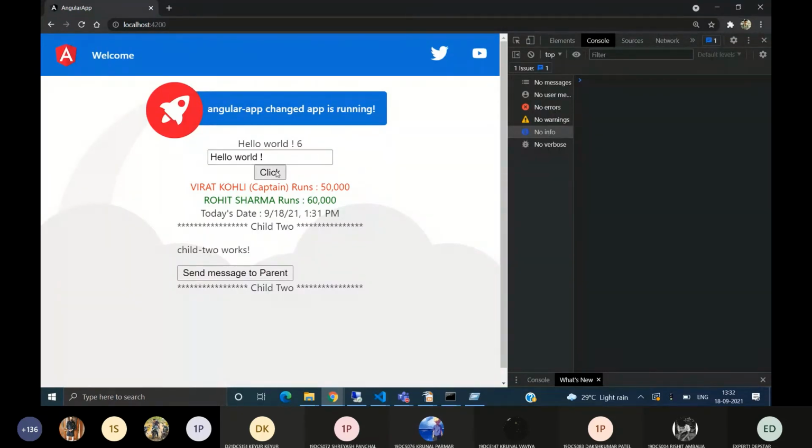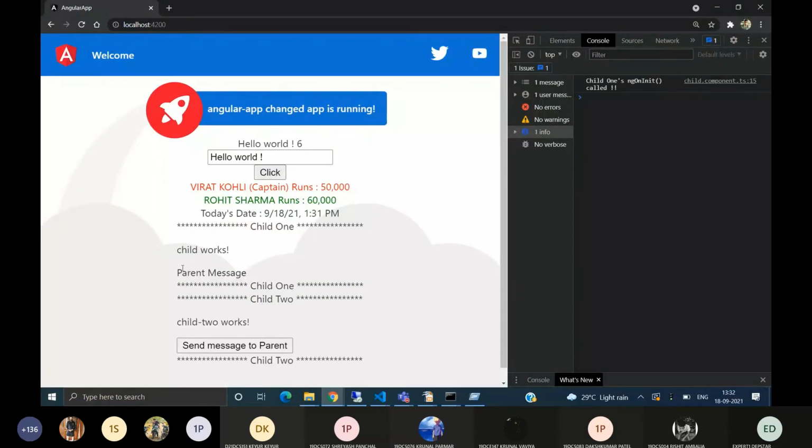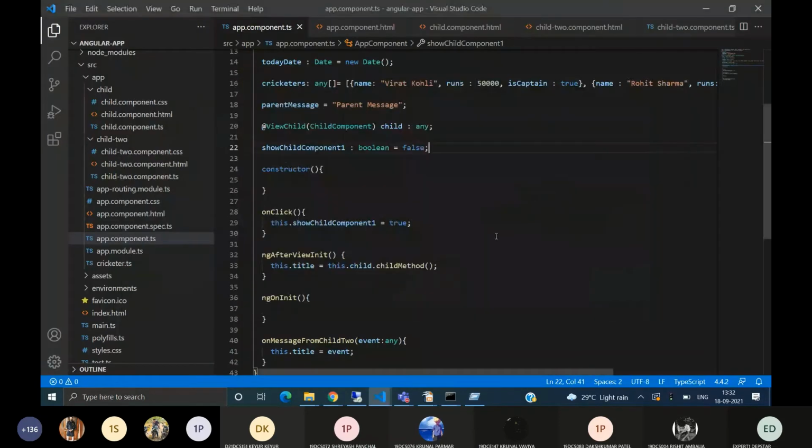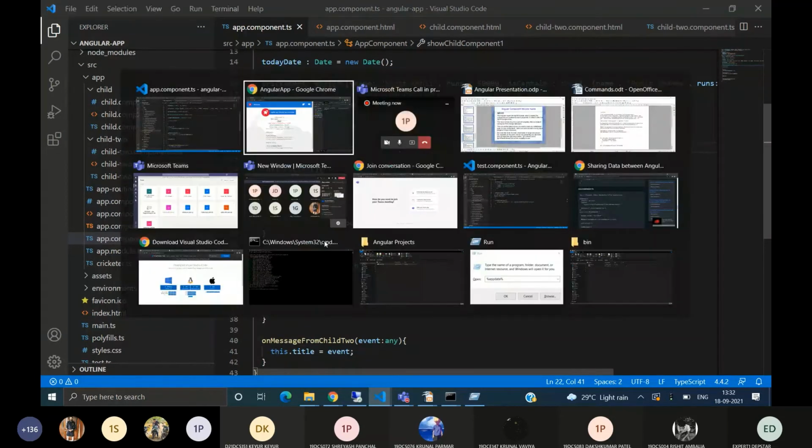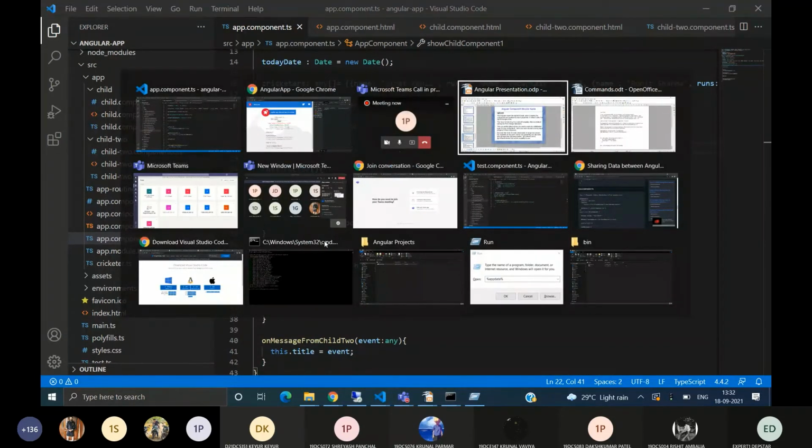Now when we click this, the component is loaded on the DOM in our parent app component class, and as soon as it appears, we can see ngOnInit called from child component.ts. So this method is invoked when any component is invoked for the first time.